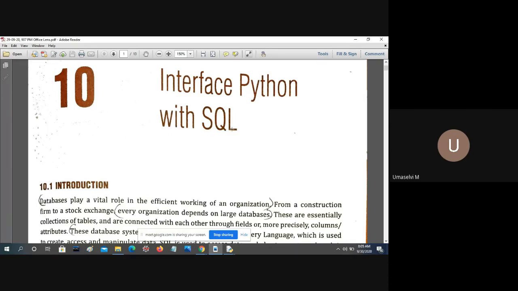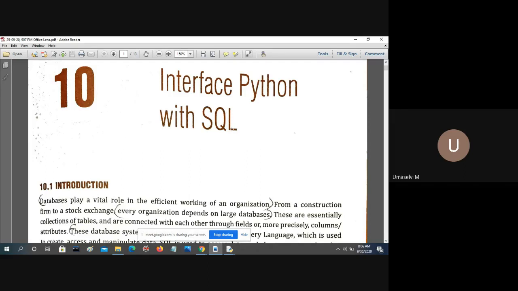So Python is called the front end and SQL is called the backend, because in Python we are just getting data from the user, and the data is getting stored in SQL or MySQL. So MySQL is called the backend and Python is interacting with the user. That is, what to type, what values are to be entered. You are giving instructions through the Python program and getting the data from the user. Hence, Python is called the front end.